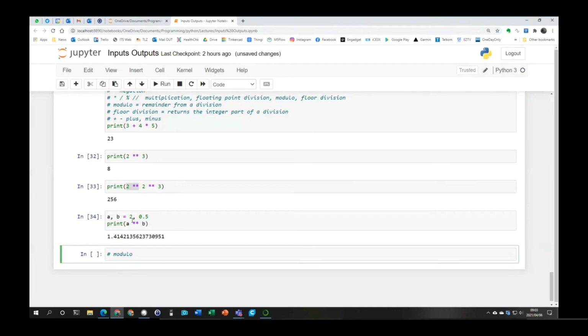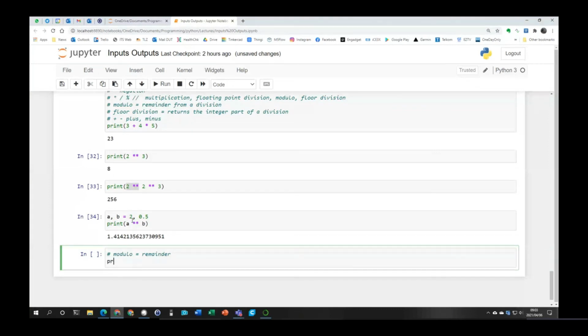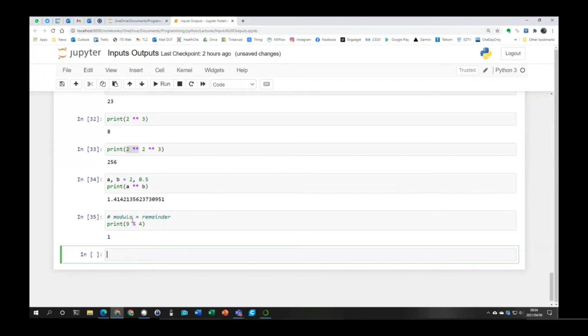The operator I want to talk about is modulo. Now, as I said, modulo returns the remainder from a long division. So if I ask Python to print out 9 % 4, it's going to come back and tell me that that is 1, because 9 divided by 4 is equal to 2 remainder 1. So it returns the remainder part only. Again,